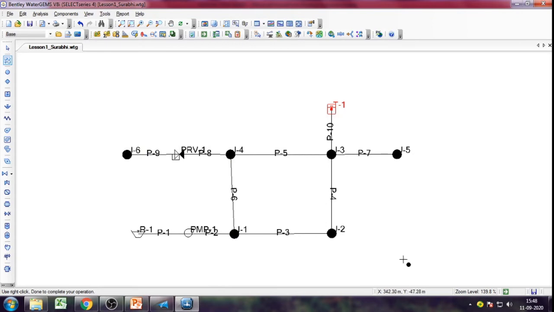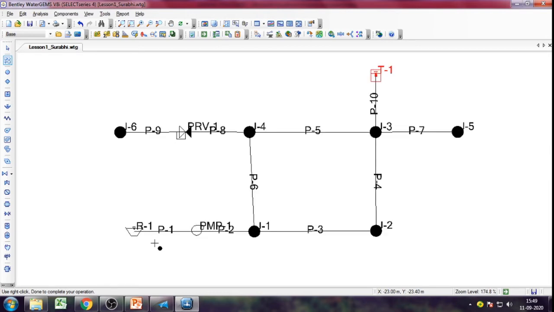Now we have created the different parts of the layout plan. Now we will assign the properties to each one of them, because without that they will not function like an actual water distribution network. So we will input the different parameters required for these different hydraulic elements one by one, as per our site condition, as per the locality in which this distribution network is present or is to be provided.